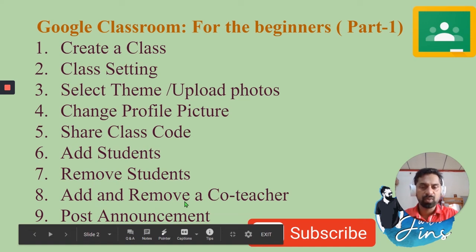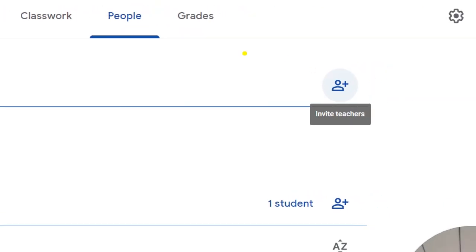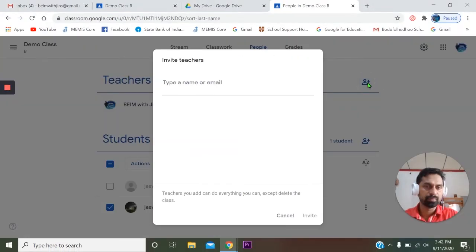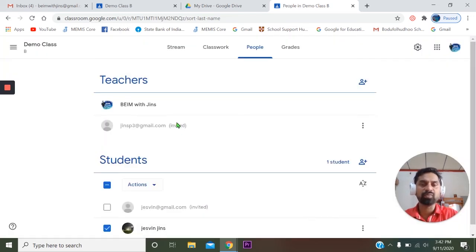Add and remove a co-teacher. In the same way, we can add a co-teacher too, that is, your leading teachers or HODs. This is the same option from the teacher side tab. Click on invite teachers. Here there is invite teachers. Click here and type the mail ID. Enter the mail ID and invite. Once the teacher receives the email,